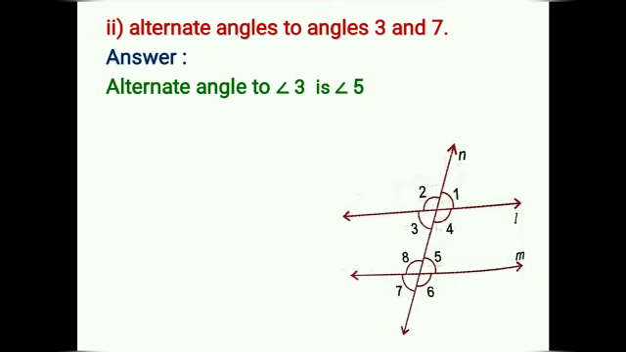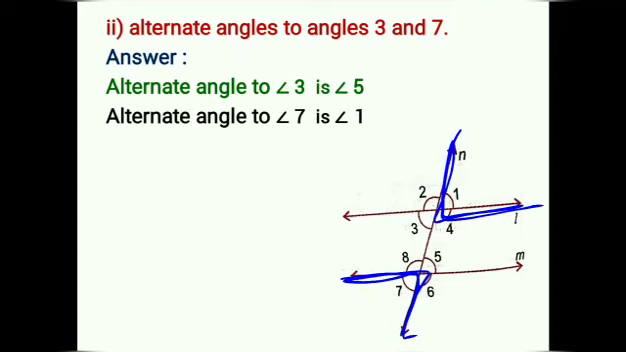So now which one is the alternate angle for 7? So 7 is the outer angle. So which one is the outer opposite angle here? 1. So here the alternate angle to angle 7 is angle 1. So now next example is